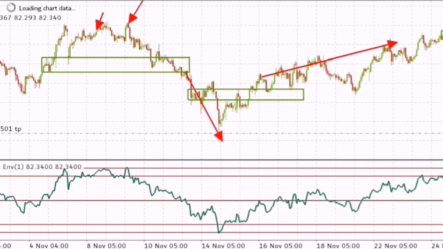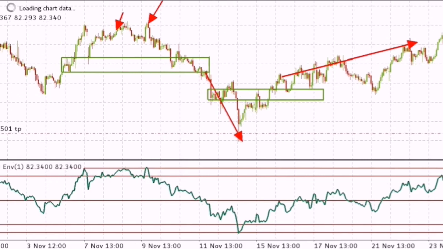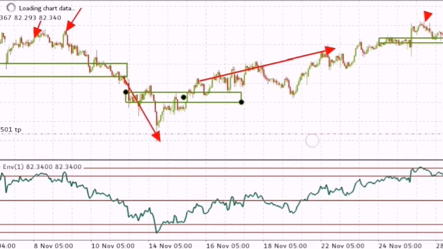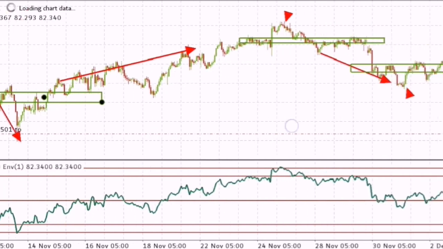And then right here again at the end of this arrow, price touched the 10 line level. After touching the 10 line level, you highlight the key level, which is just before price touched the 10 line level, and then you wait for price to come back up and cross this key level. So you could have taken a buy at the beginning of this arrow, and this could have been another good